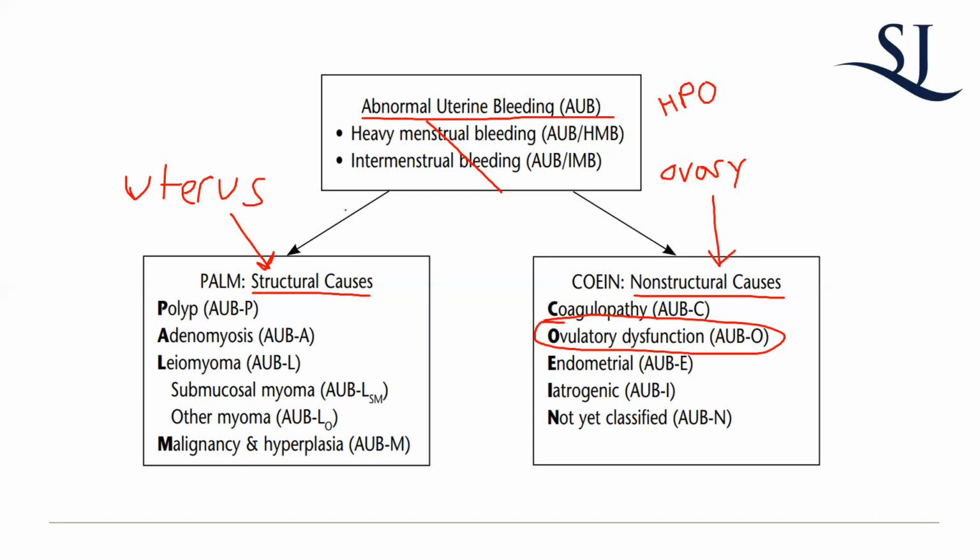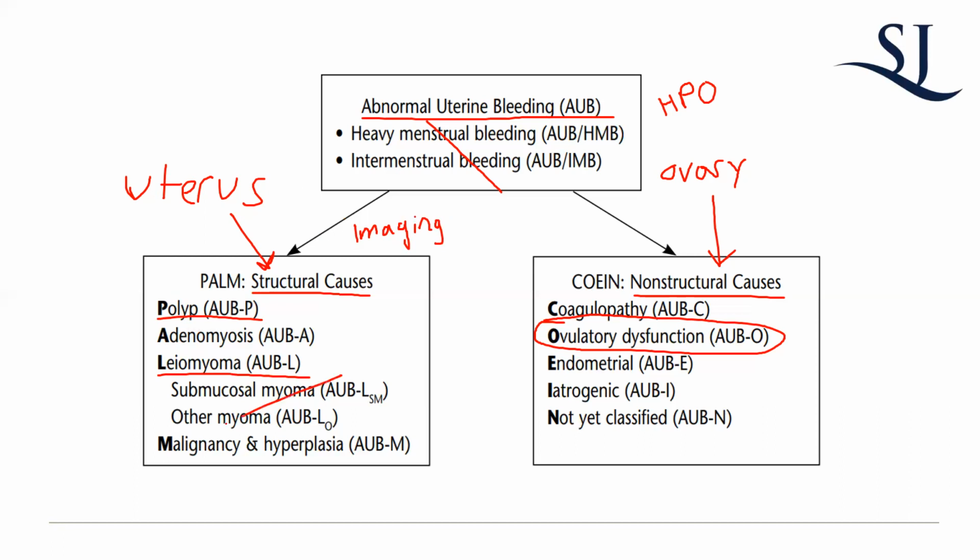So for structural causes, what is the main diagnostic tool you have to determine this? Well, that's your imaging, your diagnostic imaging modalities, okay? Because that's going to tell you if you have a fibroid or a polyp, what have you. Obviously, a physical exam as well, but you're not going to be able to detect an endometrial polyp on a physical exam, right? So you have your endometrial polyps, your leiomyomas, which are fibroids.